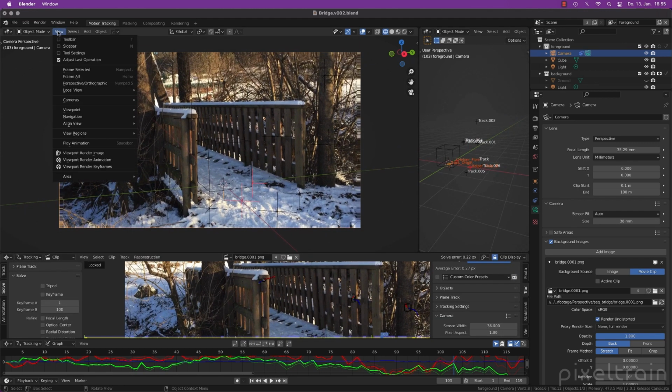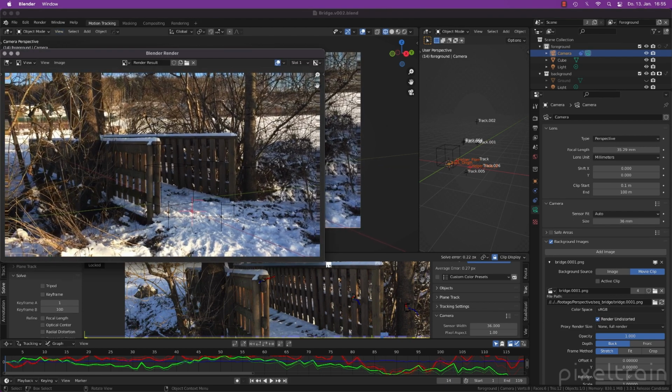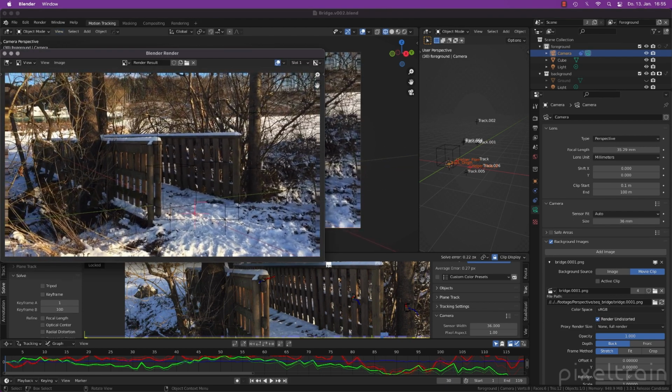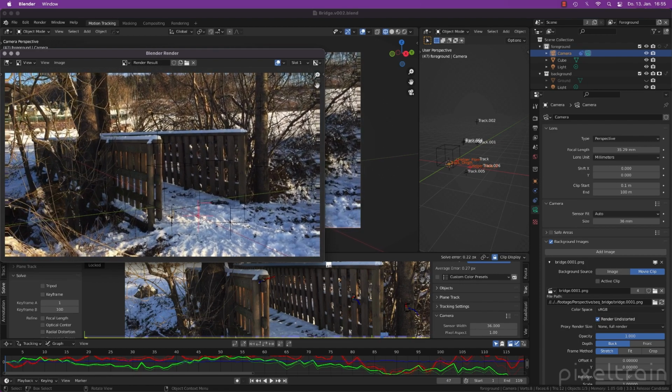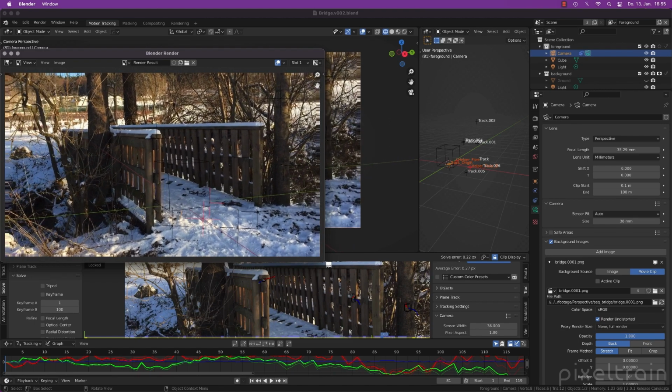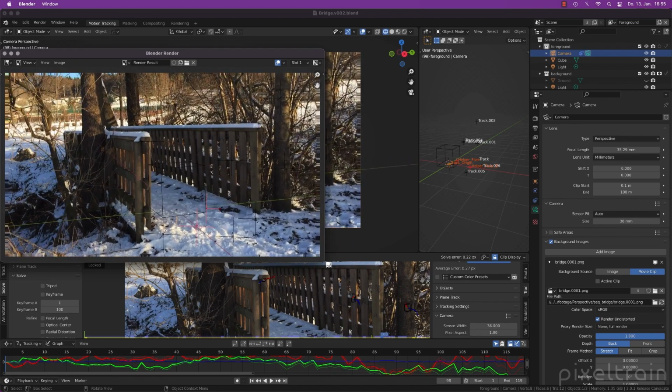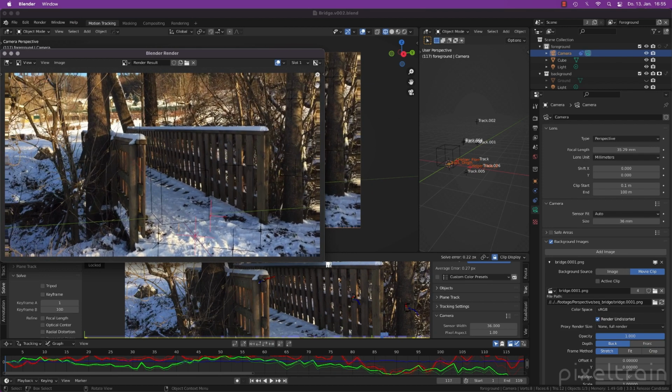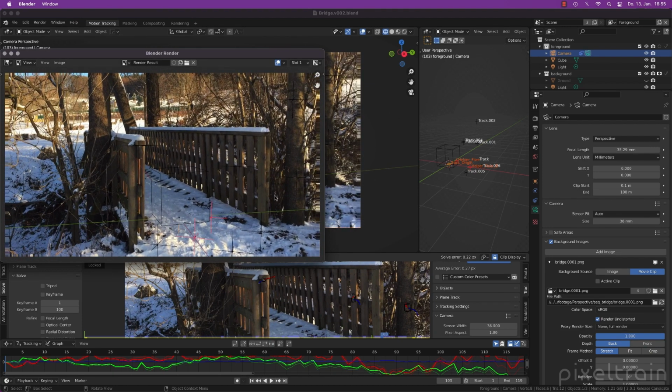And go here now to view and say viewport render animation. And this is now quite fast because it's only viewport. So you can tell now exactly what you want to see and so on. One thing which is distracting for people who are new to that is that you don't have any occlusions. Later you normally need the occlusions here so that this here is in front of that. This is something we do in the next lesson with the help of rotoscoping inside the compositing. But here I only want to check.